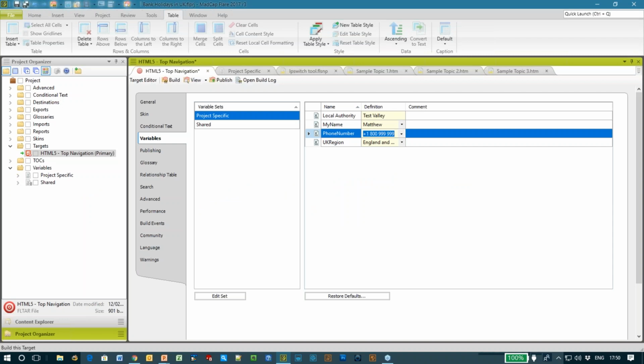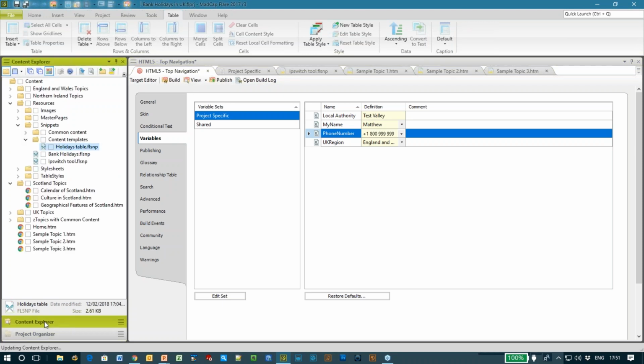Now I'm going to show you an example I have. As you may know, in the UK, the UK consists of a number of fairly united countries: Scotland, England and Wales, and Northern Ireland. And although we agree on many things, we can't agree on the same public holidays. So if we were to present a list of public holidays, that list would need to be slightly different depending on whether we were talking about Scotland or Northern Ireland or England and Wales.